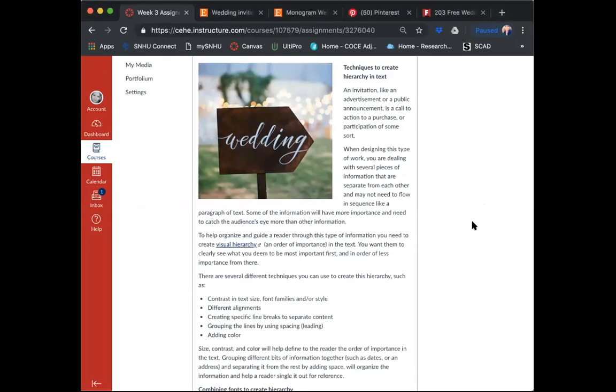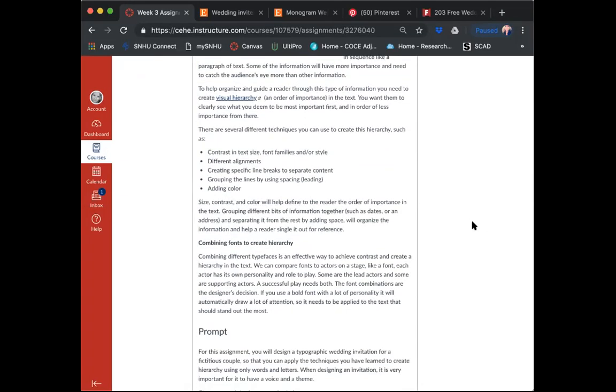So when designing this type of work, you're dealing with several pieces of information that are separate from each other and may not need to flow in sequence like a paragraph of text. Some of the information will have more importance and need to catch the audience's eye more than other information. To help organize and guide a reader through this type of information, you need to create visual hierarchy, an order of importance in the text. You want them to clearly see what you deem to be most important first, and in order of less importance from there. There are several different techniques you can use to create this hierarchy, such as contrast in text size,